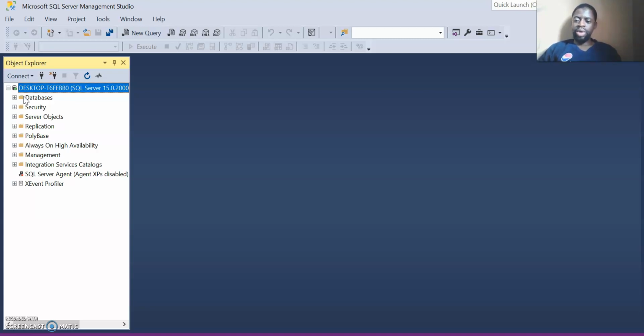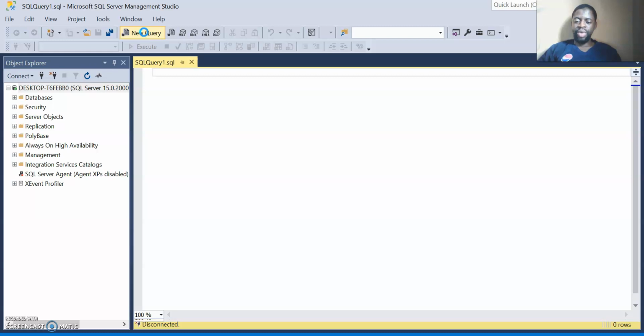So a quick one, I would quickly go to creating a new query where I would write my new query. I'll write my first query, and that would open the query language window for me. So I can write my query there, and then I can run, execute that query, and I have a console which is going to come up as well, where I'm going to be seeing all of the things I'm running as a query.